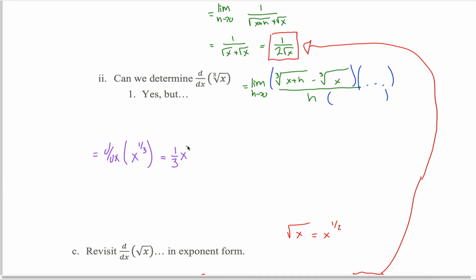1/3 minus 1 is negative 2/3. Why? Because 1/3 minus 1 is the same as 1/3 minus 1 over 1, which is the same as 1/3 minus 3 over 3, which is the same as 1 minus 3 over 3, which is the same as negative 2 divided by 3. The derivative of x to the 1/3 power is equal to 1/3 x to the negative 2/3 power. As far as I'm concerned, this is a perfectly fine answer to this question right here, but I